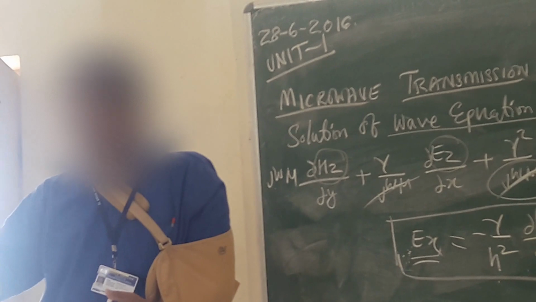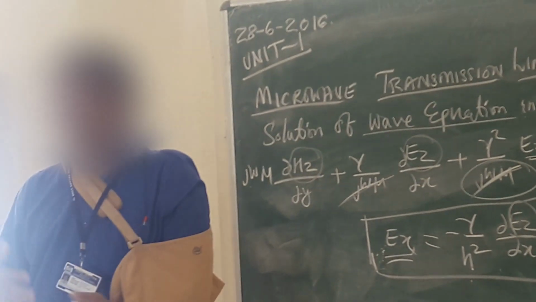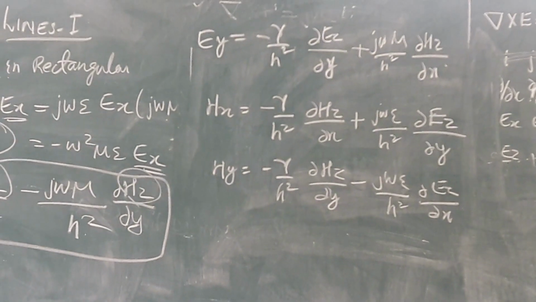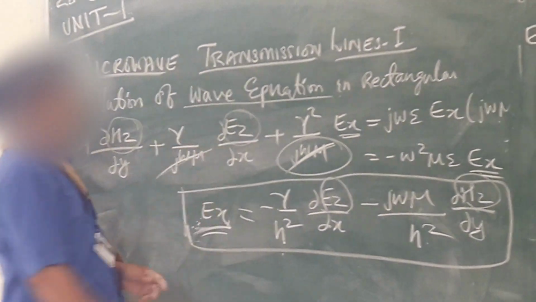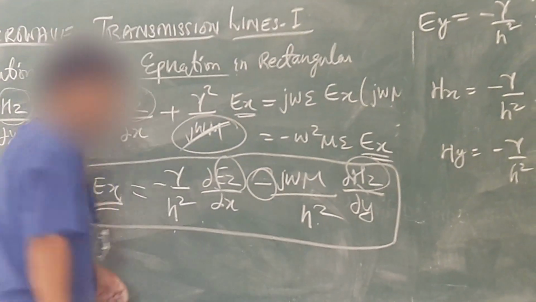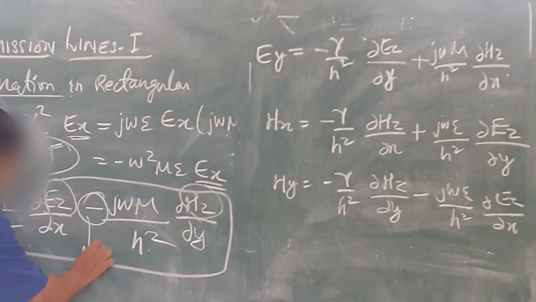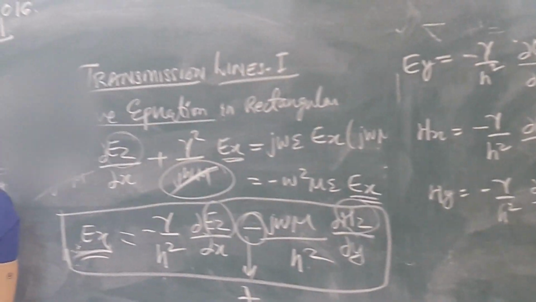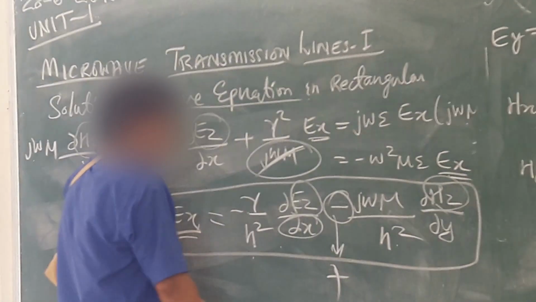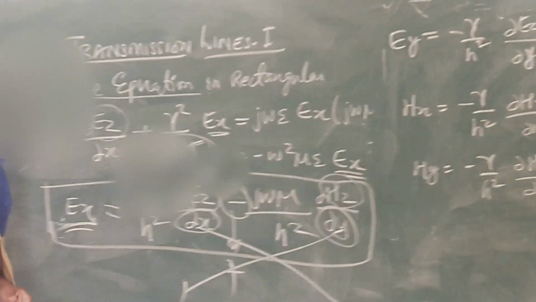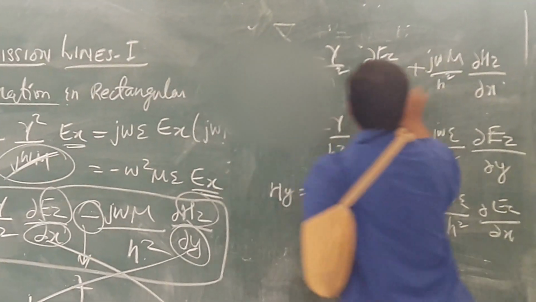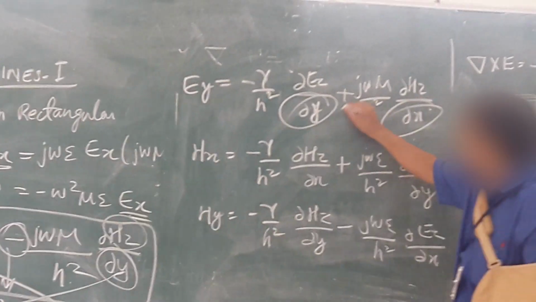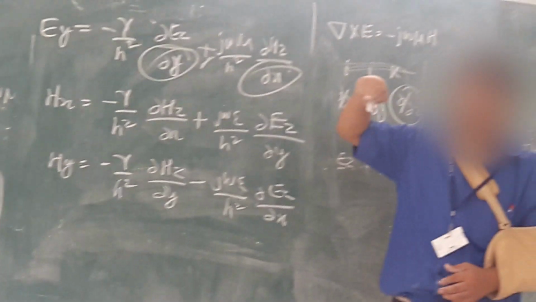Suppose you want to remember by heart how you got those equations, just see that this is in terms of your Ex. If you are going for your Ey, whatever minus term is there will be replaced with plus. Below you are having dou x and dou y, both will be interchanged. So here you are having dou y and dou x, and here you are having plus, where we had minus.